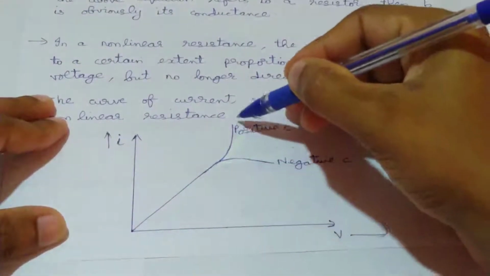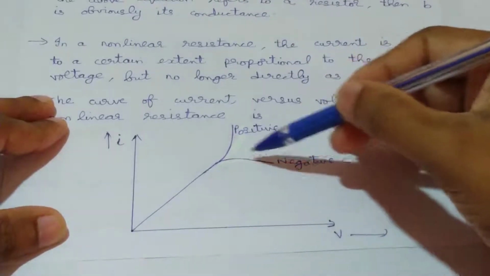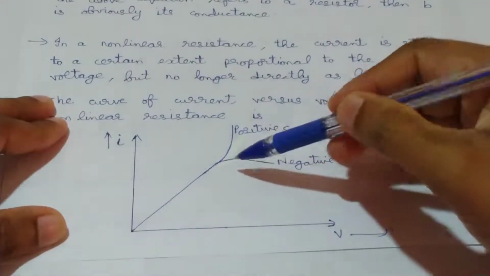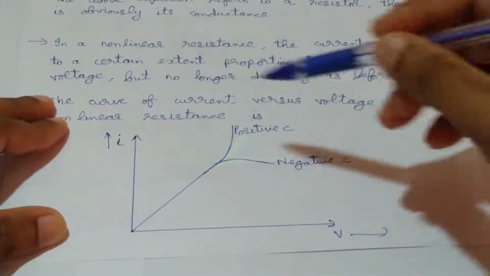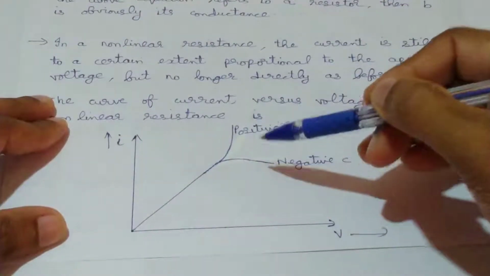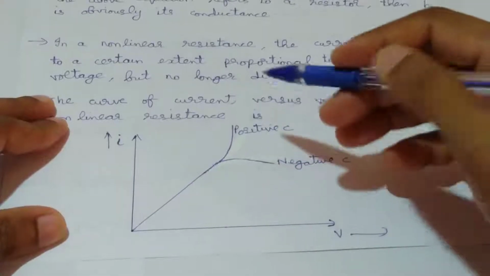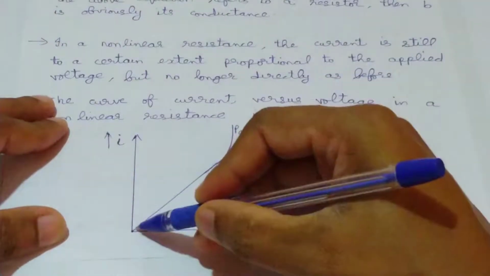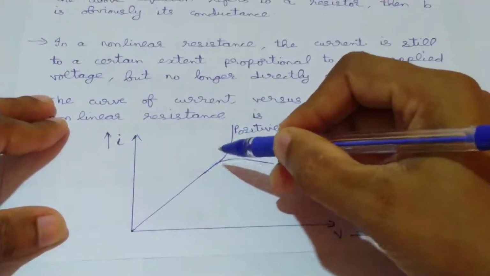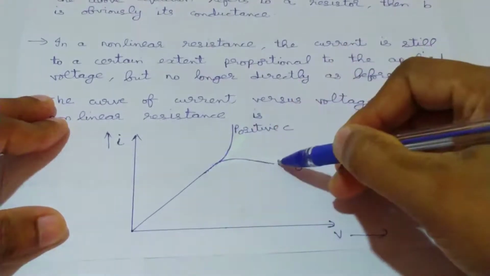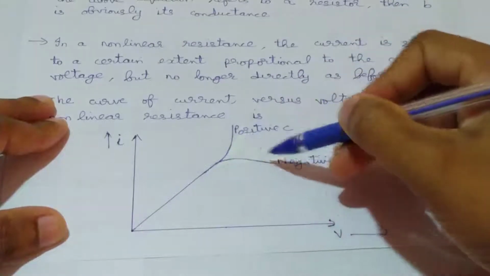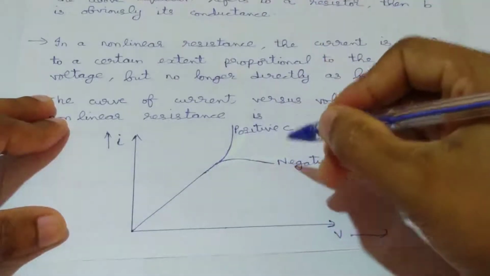This one is for positive coefficient and this one is for negative coefficient. Okay, so this one is for positive C and this one is for negative C. So from this nonlinear resistance characteristics, it is clear that the I and V relation is linear up to a certain point, and after that there will be some curvature, and this curvature is due to the nonlinearity of that